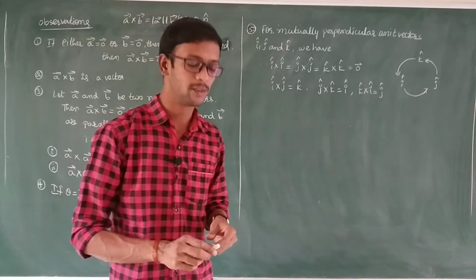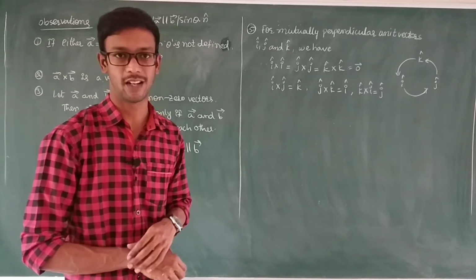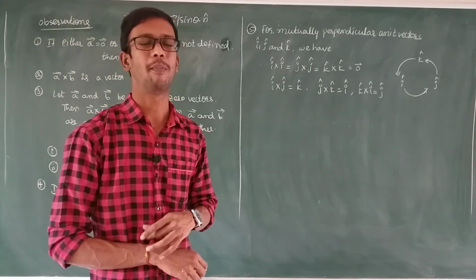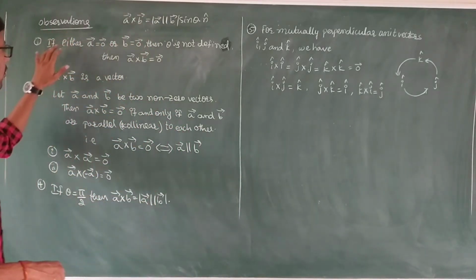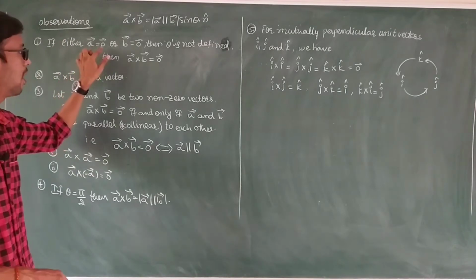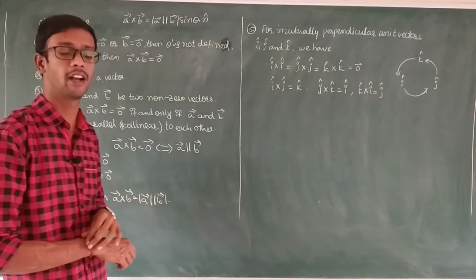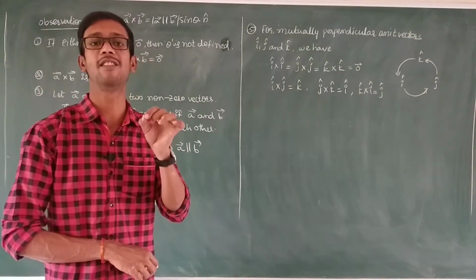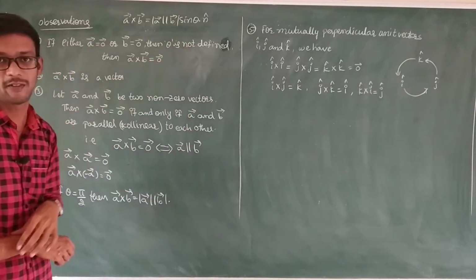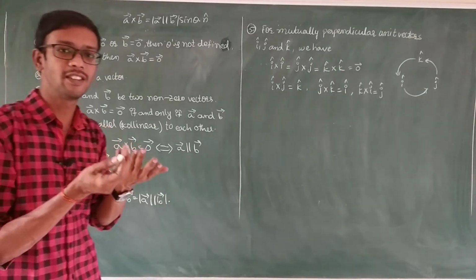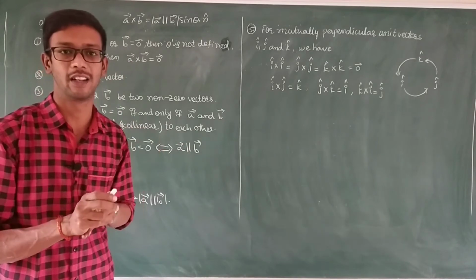Next, some observations or note points which we will use in exercise problems, and the properties. These are some properties of the cross product. First one: if either A bar equals 0 or B bar equals 0 vector, I already discussed this while explaining the definition. Non-zero vectors we will always take. If any one is 0, then theta is not defined. One vector is already a 0 vector, so there is no angle. We can't tell the angle here.